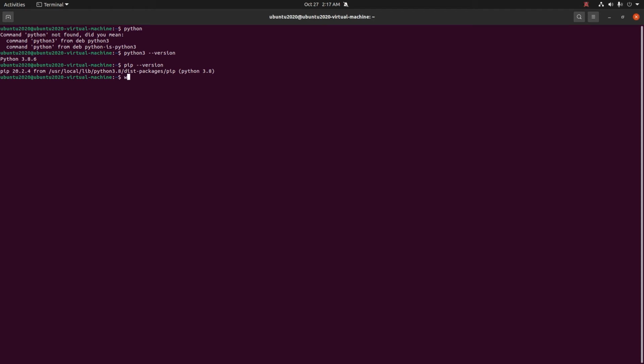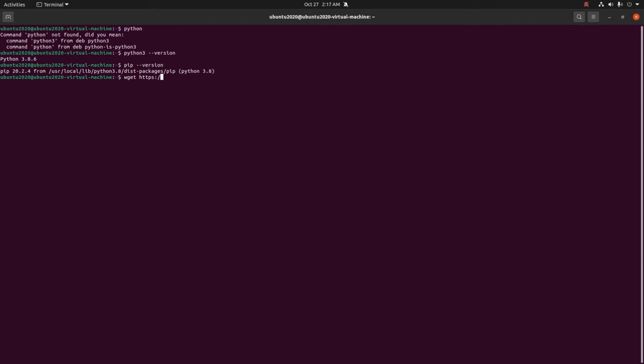Next command is for pip installation. For installing pip, first you get the file from bootstrap. This is the downloadable file. It will download and then you can run it to install it. This is for downloading.